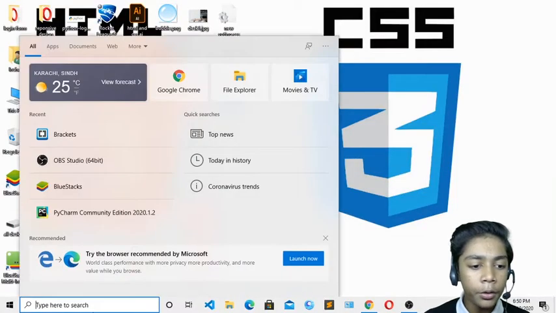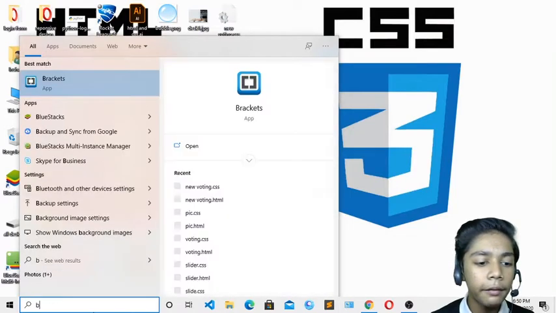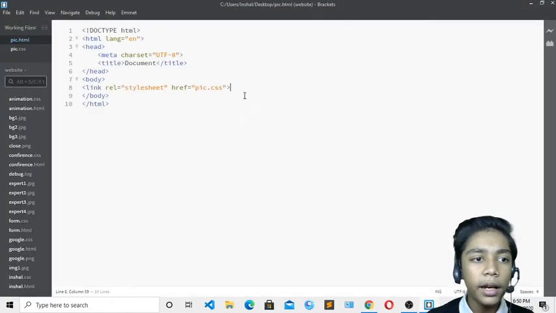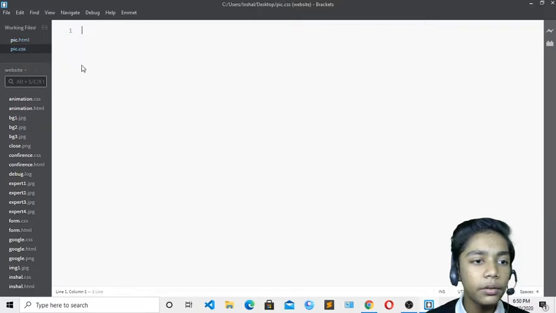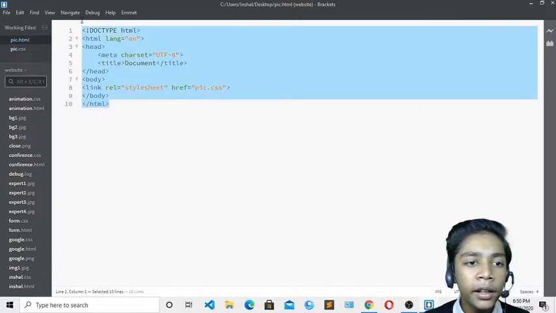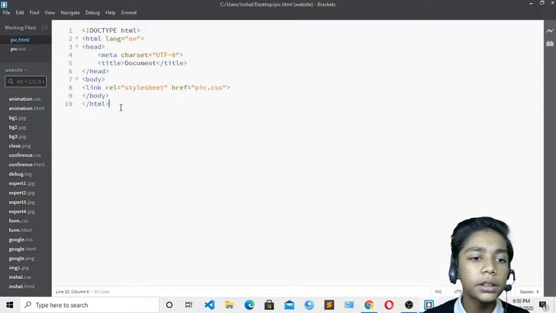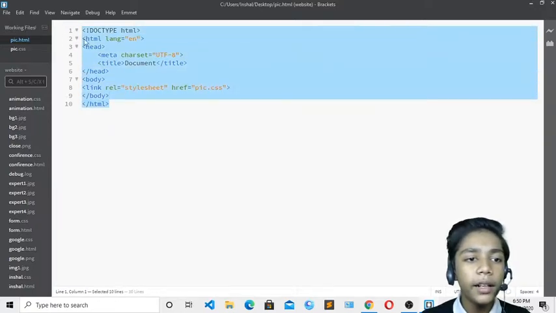Now first of all we have to open our text editor. Like previously we are working with our Brackets text editor, so I will just open that over here. You can see I have opened my text editor, and I have already taken two files so there will be no waste of time. I have already created two files, HTML and CSS, and I have also created the starting code and linked my style sheet. You all know how to do that, because I have taught it many times in my previous classes, so you can check out my previous videos of HTML and CSS.